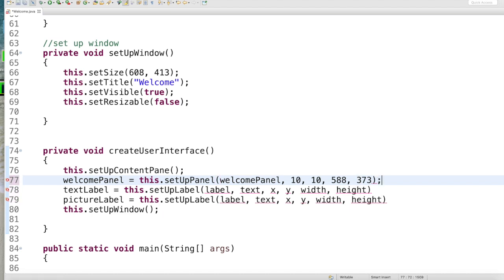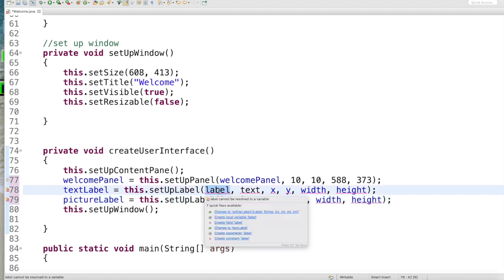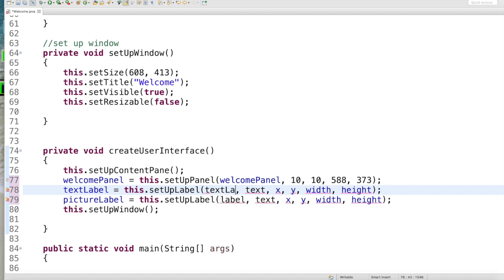All right, semicolon. Let me put some semicolons to end these things off. All right, here comes the text one now. The text label. The label that comes in is text label. The text is going to be